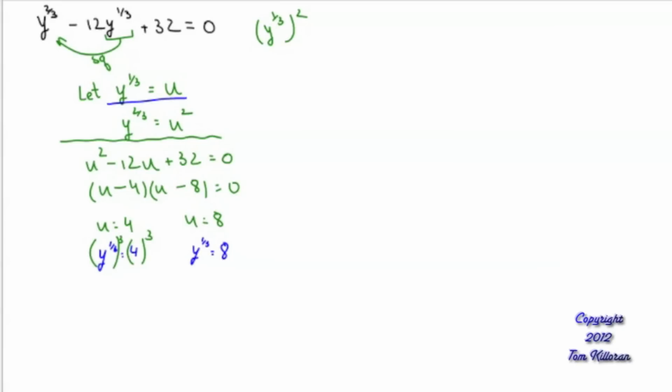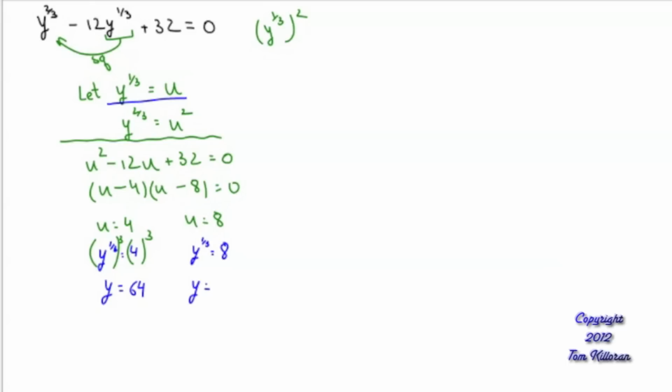Now, if you don't believe that a cube and a cube root cancel each other out, look right here. How do you raise a power to a power? Multiply. What's 1/3 times 3? It's 1. They're multiplicative inverses, so we'll get y on this side is equal to 64. Notice there's no plus or minus going on here. This is a straight cubing. Perfectly fine. Alright, the other side over here, we'd also cube both sides, and you're going to get y equals